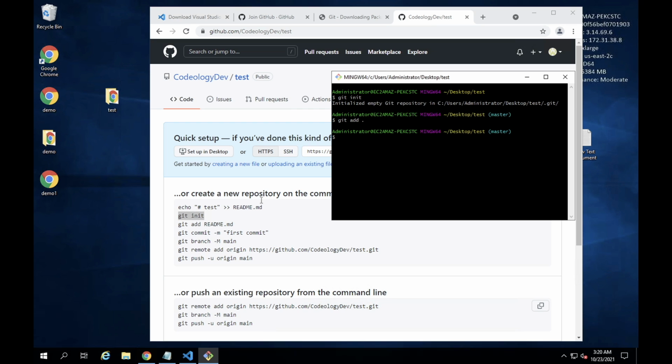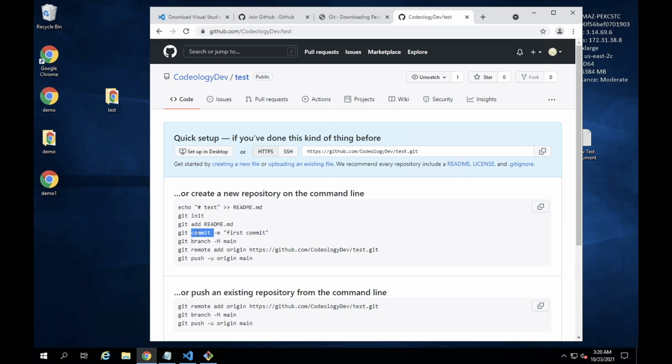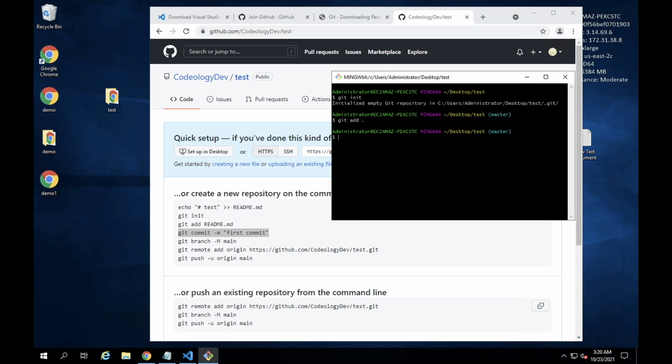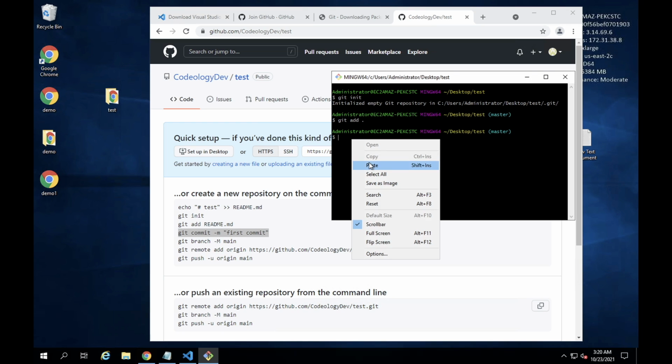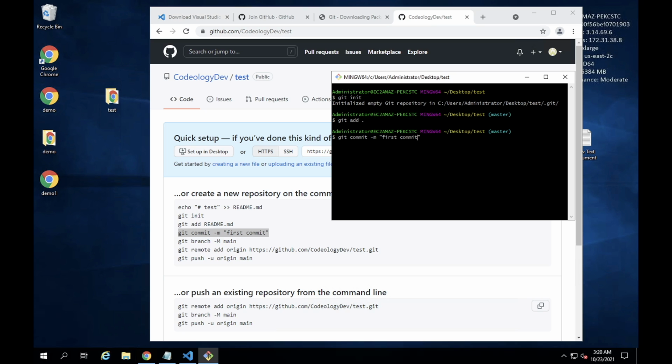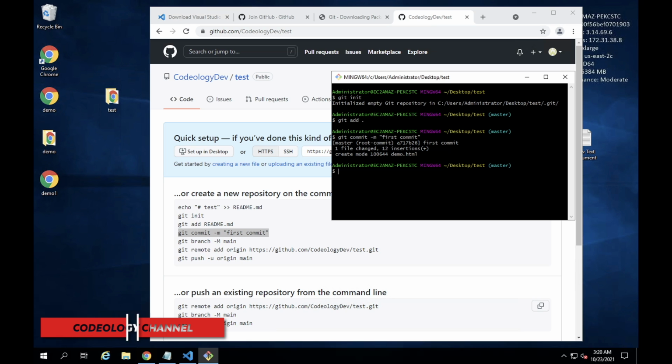After that you need to just copy this command. It's nothing but you need to give a name to your commit. Okay, you can give whatever you want. For now I will use the default one, first commit. So just click on it, enter.